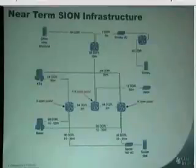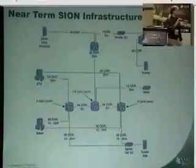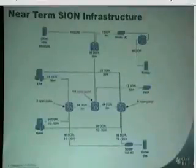This is just another diagram of it that shows a little more detail. It even shows the lengths of cables that we'll need to go between the different systems, because this is physically spread out and can't use copper cables. We've been working a lot with it, so we can evaluate